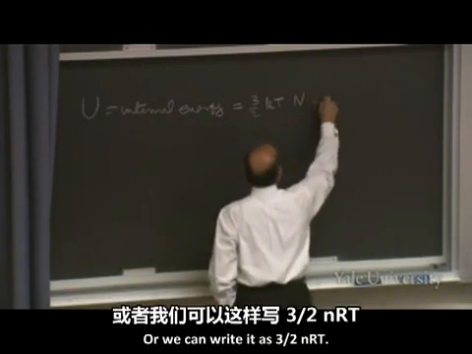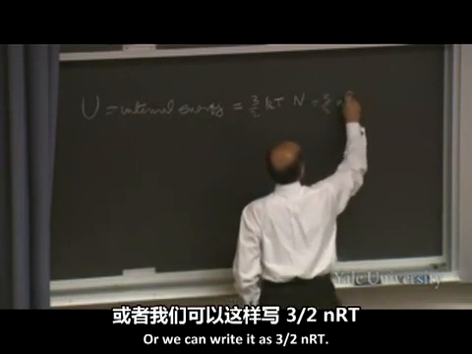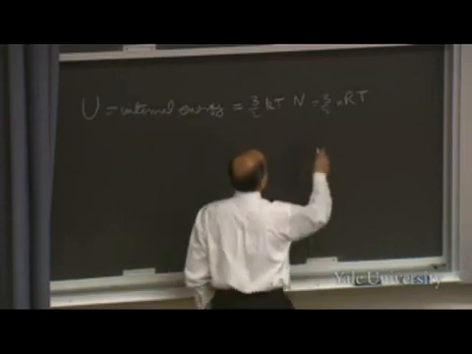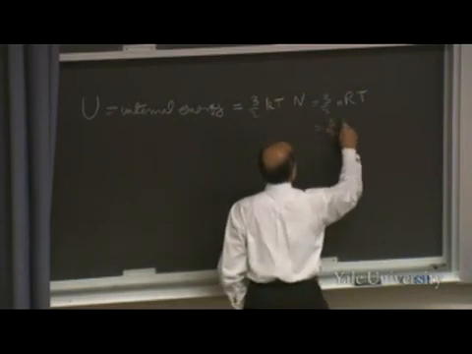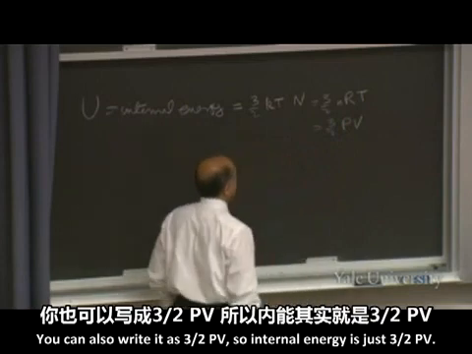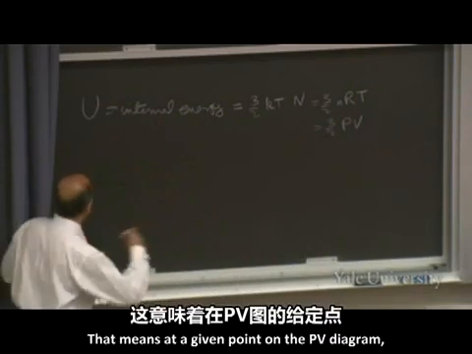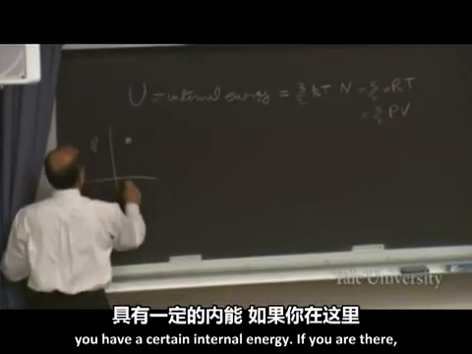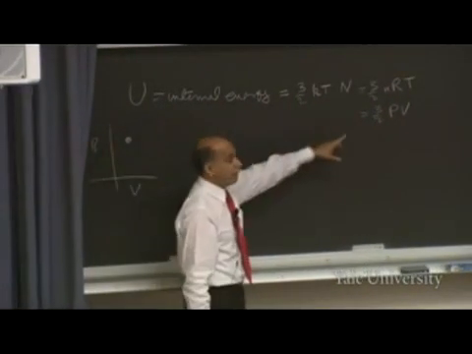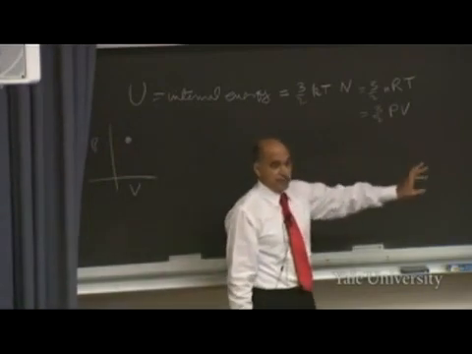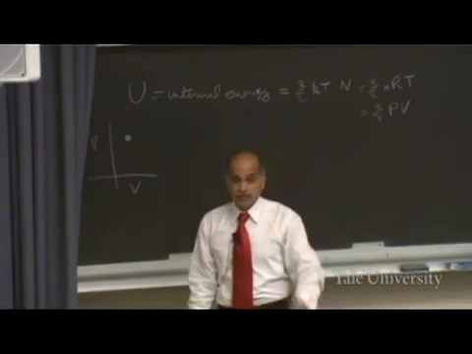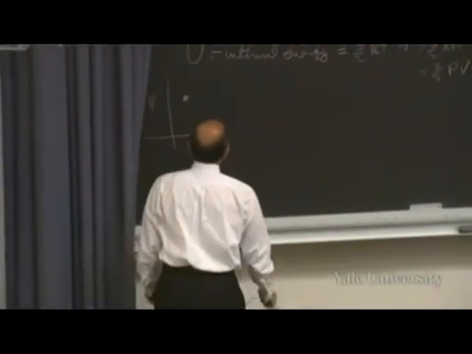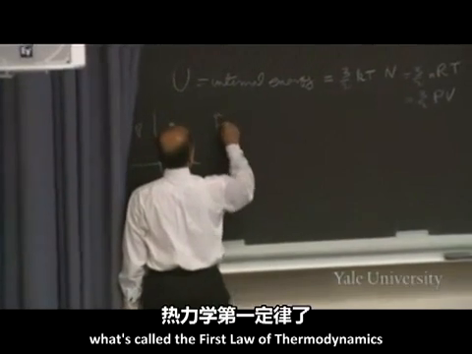Or you can write it as 3/2 nRT. But nRT is PV. You can also write it as 3/2 PV. So internal energy is just 3/2 PV. That means at a given point in the PV diagram, you have a certain internal energy. If you're there, that's your internal energy. Take 3/2 of PV, and that's the energy, and that's literally the kinetic energy of all the molecules in your box. So now I'm ready to write down what's called the first law of thermodynamics